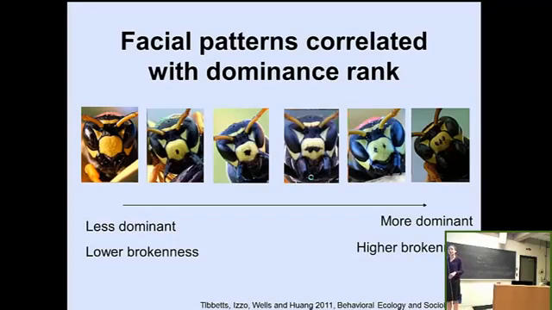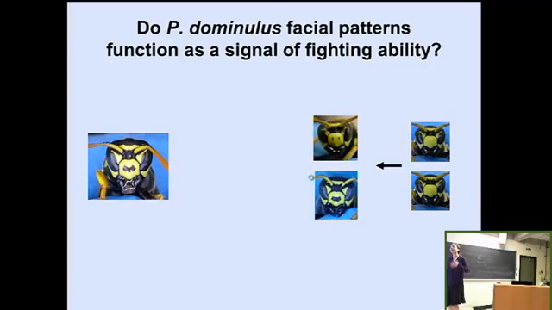Okay, so I've shown you that there's a correlation between winning a fight and facial pattern. But that's not enough to demonstrate that this is actually a good signal. I need to also do an experiment. So I set up a very simple experiment to see whether wasps are paying attention to each other's facial patterns. Do they use facial patterns in making decisions about their rivals? So the way we did this is we took a single wasp and gave her the choice of 2 patches of food. Each patch was guarded by a rival. Now these rivals